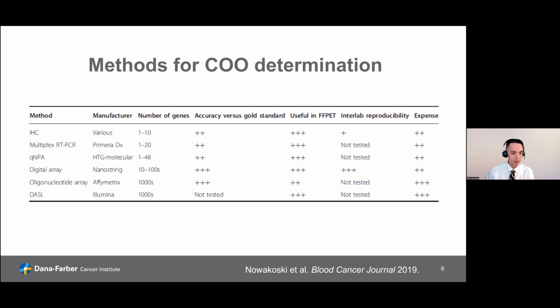What I'm showing here is, this Affymetrix array would be what would be most similar to the original reports by Dr. Alizadeh. And then the immunohistochemistry assays, of course, a series of them were reported suffering from poor precision, but being very tractable in archival tissue and relatively inexpensive. And then the nanostring, the digital gene expression array-based testing platforms offered compatibility with archival tissue, greater interlab reproducibility, and reasonable expense. And what the field, I think, will be moving towards in the future are more of these,